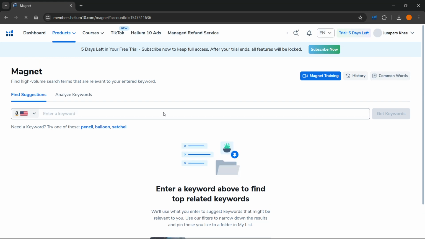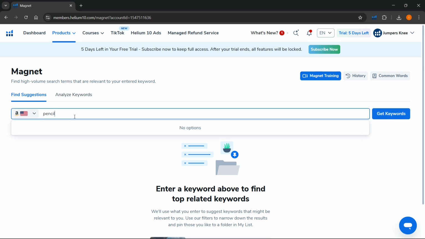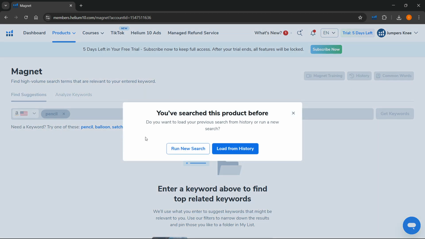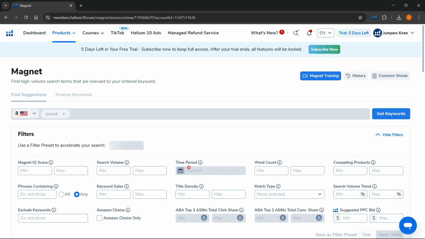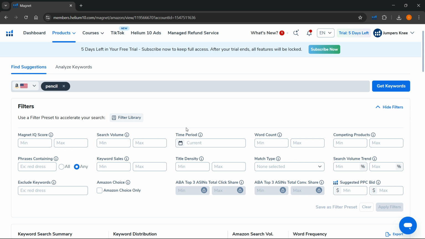And then over here, once you're inside Magnet, you'll be able to basically go ahead and start looking for keywords. So first enter in your keyword. For example, I'm gonna type in pencil right now, and I'm gonna click on Get Keywords. I've done this search already, so I'm gonna just run a new search. It's gonna start fetching data, and whenever that's done, as you can see, there's a few things you have to